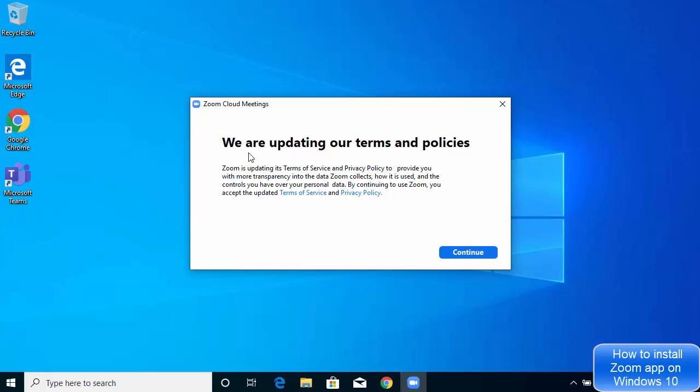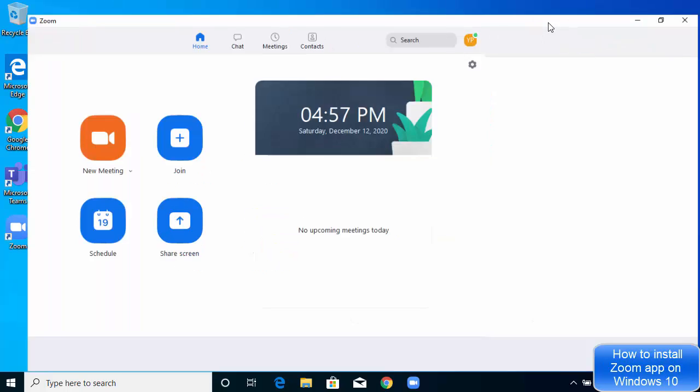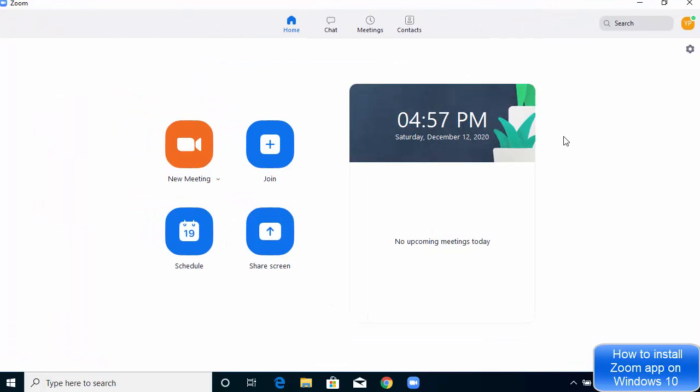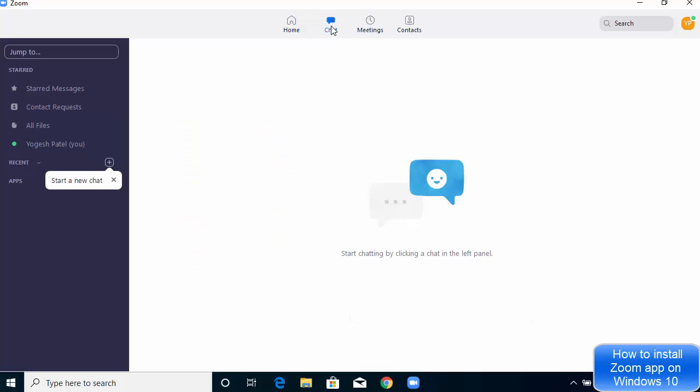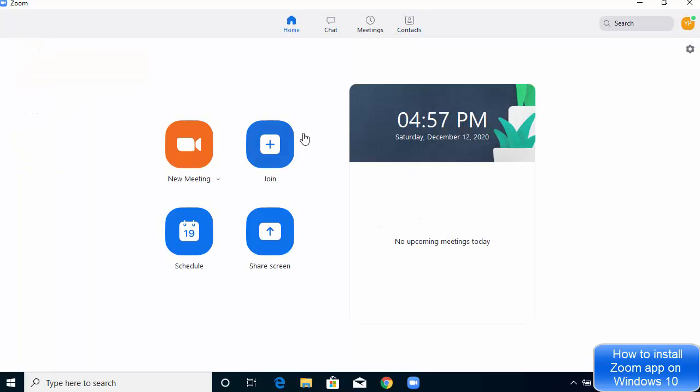And now it says we have updated our terms and policies, so just click on continue, and now you can see this Zoom client on your Windows 10 operating system. So here you have the option to create a new meeting, join a meeting, you can see the schedule, and also you can share your screen. Also you have the option to see the chats here, and then you have the option to see the meetings and the contacts. So this is how you can download and install Zoom client on your